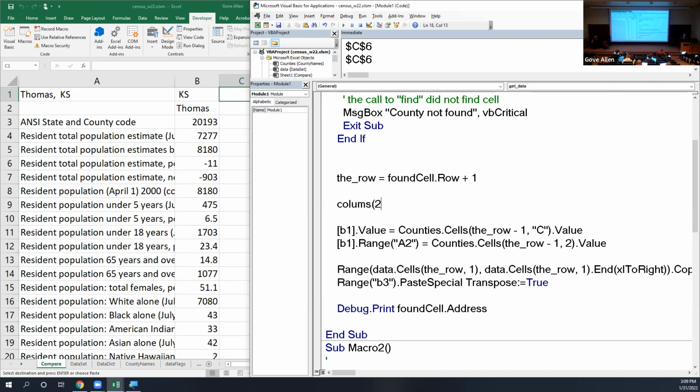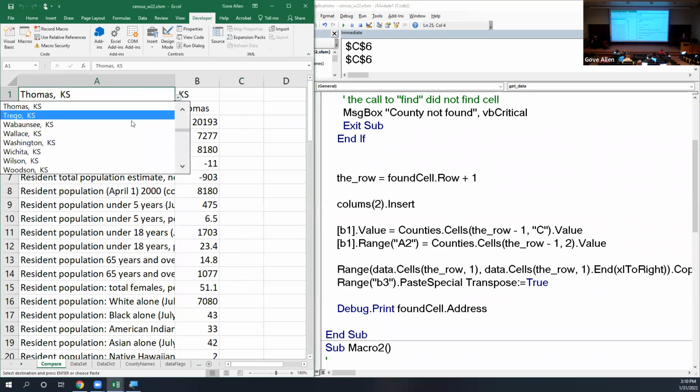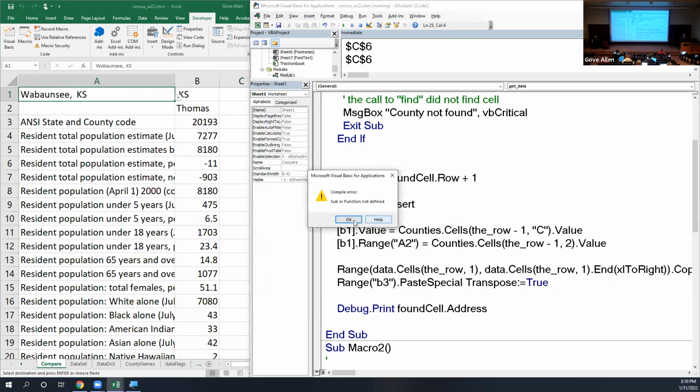Columns(2).Insert. And we could record ourselves doing that, and that's the code it would generate for doing an insert. Now, before it starts writing anything, it's going to insert space, push everything over, and make room for that to come in. So now if I pick a different one,